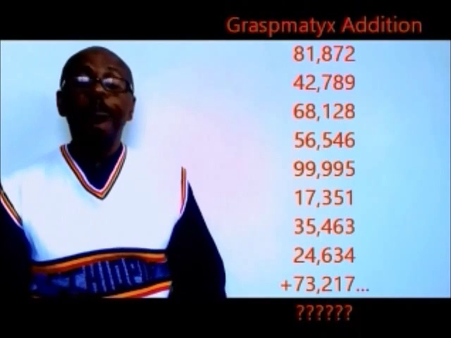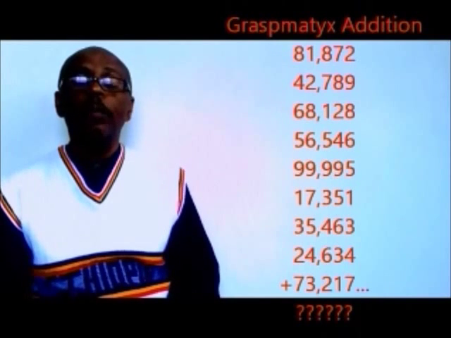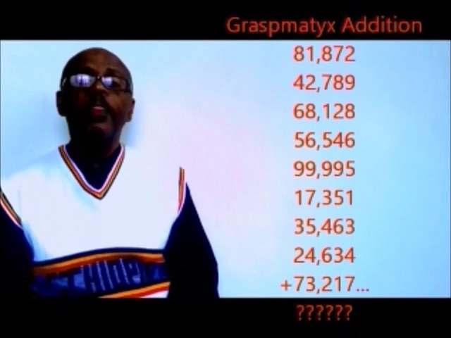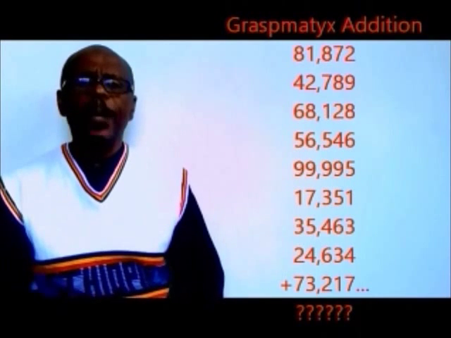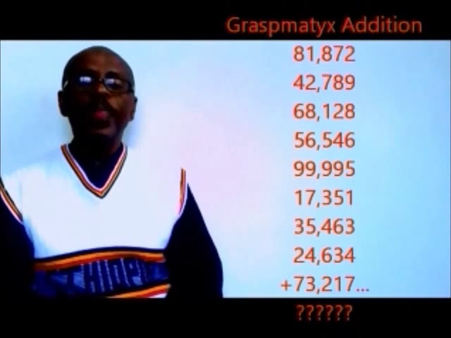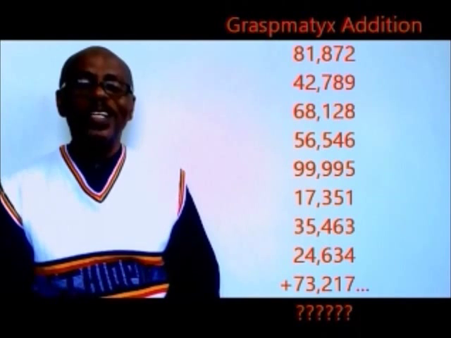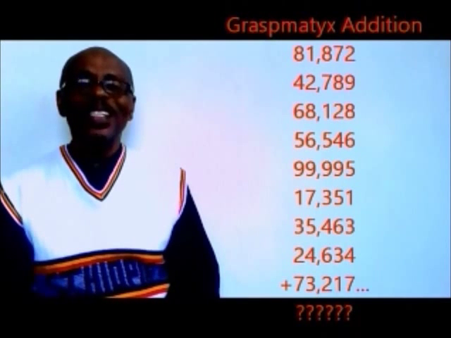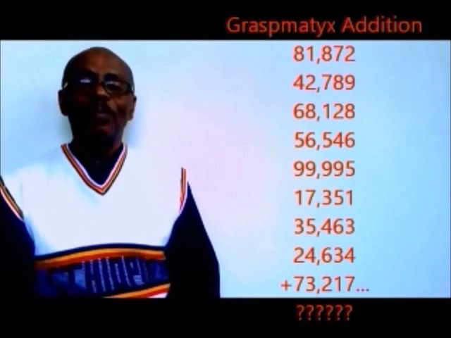So you tried, and you told me how long it took you. So here's how I'm going to show you how to add up all these numbers the fast, simple, easy, and fun Grass-matics way. All right, here we go. The numbers again are 81,872 plus 42,789 plus 68,128 plus 56,546 plus